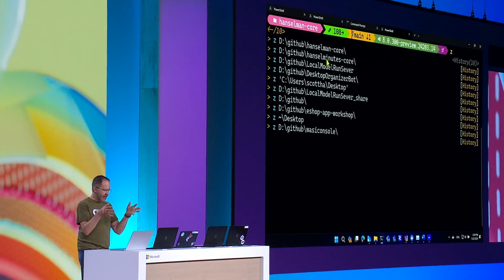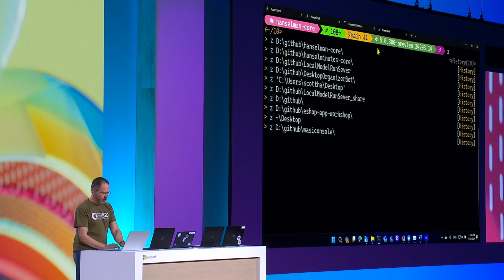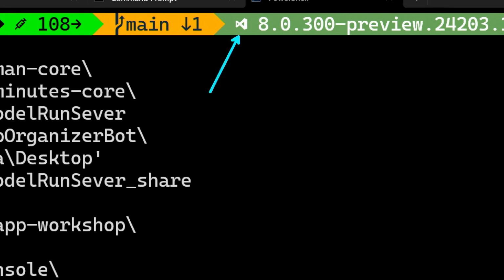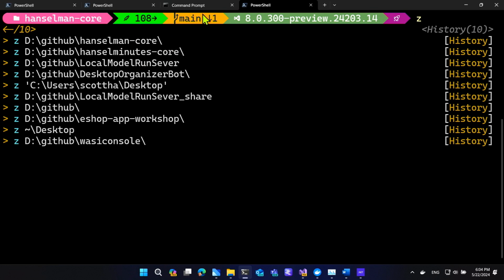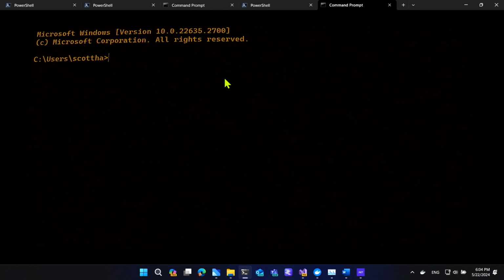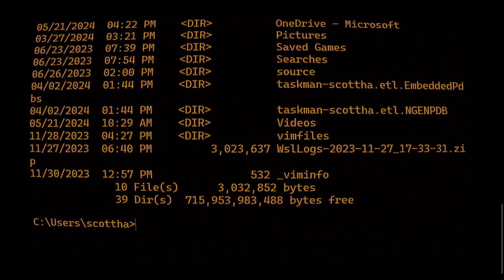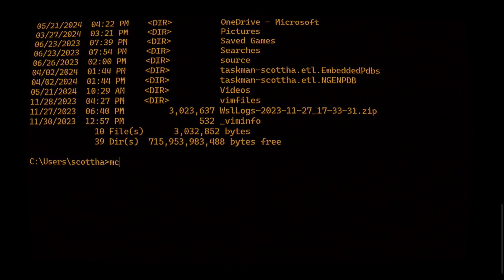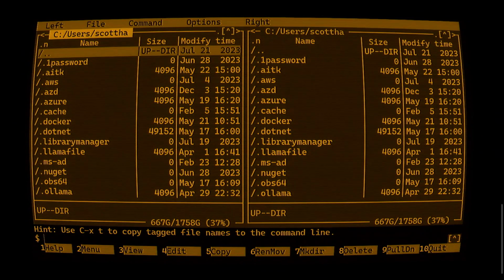So I've made my space my own. And I've used Nerd Fonts like Cascadia Code Nerd Font to get these glyphs that you would not ordinarily see in your standard font. So check out the new Cascadia Code Nerd Font. I can go really far in updating my terminal, and I can make it look like this, which is the way the terminals are supposed to look. And then I can run things like this.